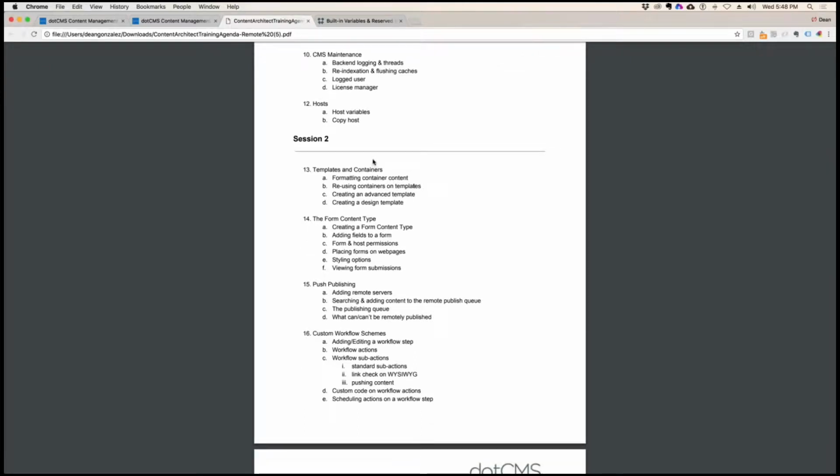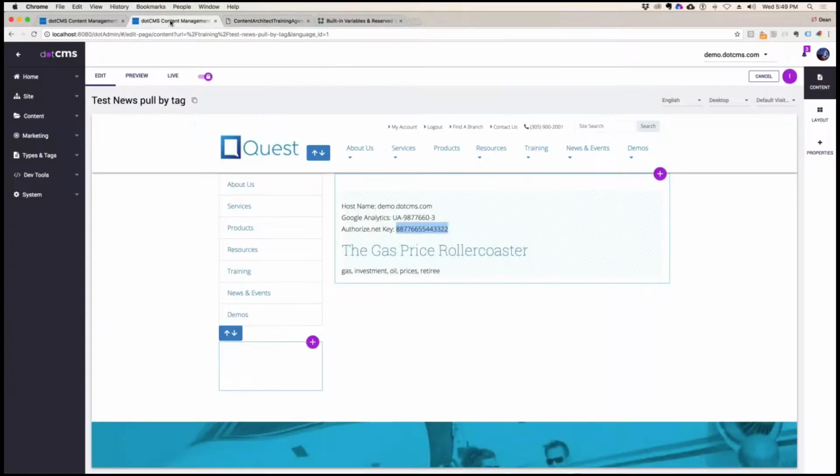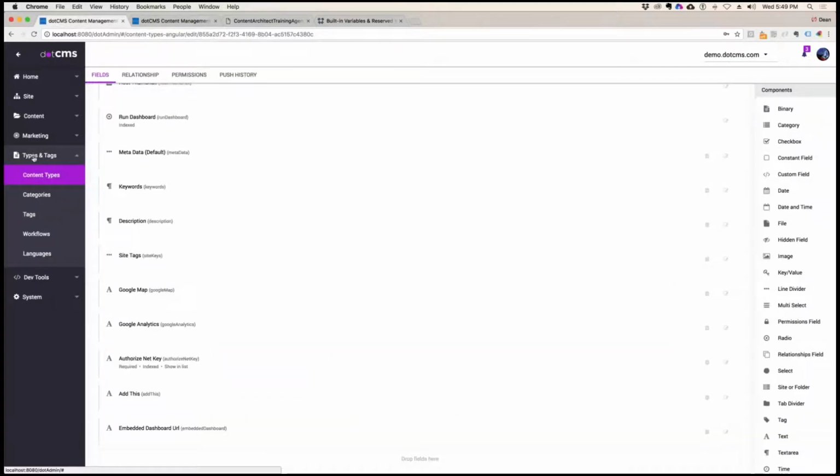All right, now we did create, if you remember, our own simple template and container. Now we're going to create an advanced template and talk a little tiny bit about themes and how you create themes so that you can use that template designer. Okay. So yesterday, just as a brief review,